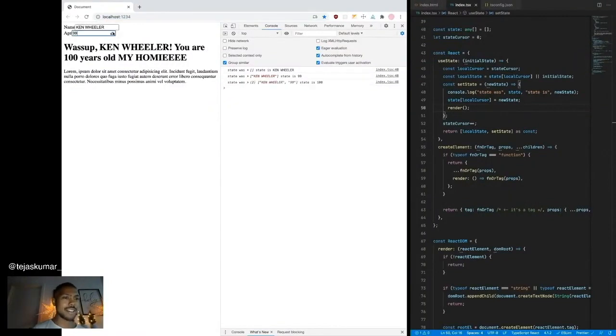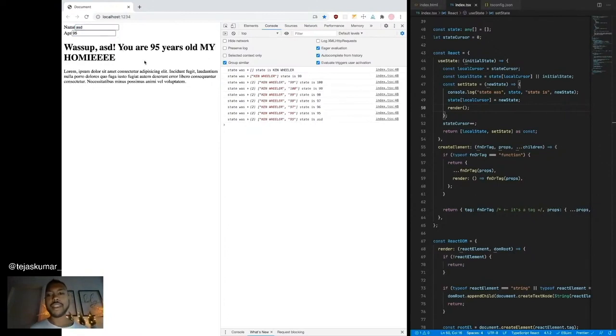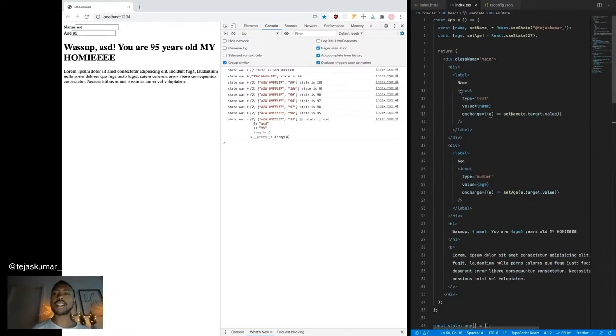It totally works. So we have these independent states that are able to be managed by closure, and as you can see, the global state object is this, and we iterate through these cursors each time useState is called and update state at the right index. This under the hood is how useState roughly works. And again, implementations may change over time, but generally that's the gist of the concept.